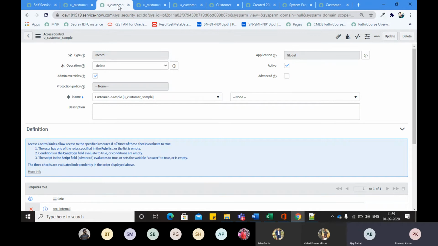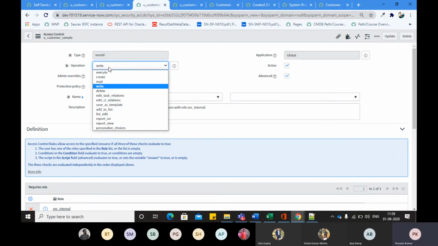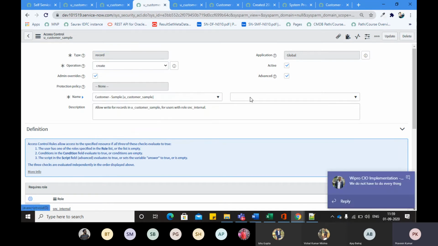First time when you create the record, it will allow you. For example, one more ACL you can create: you come here, select create and choose star from here. This will allow all the fields to create new values.